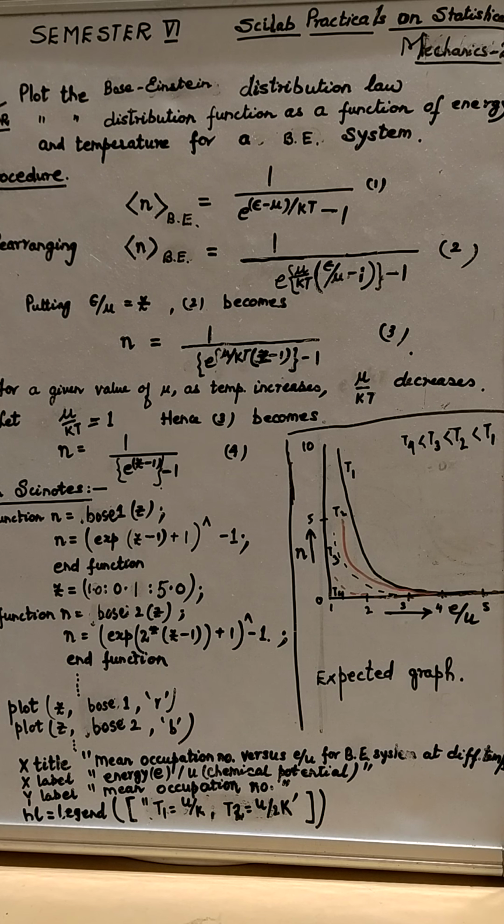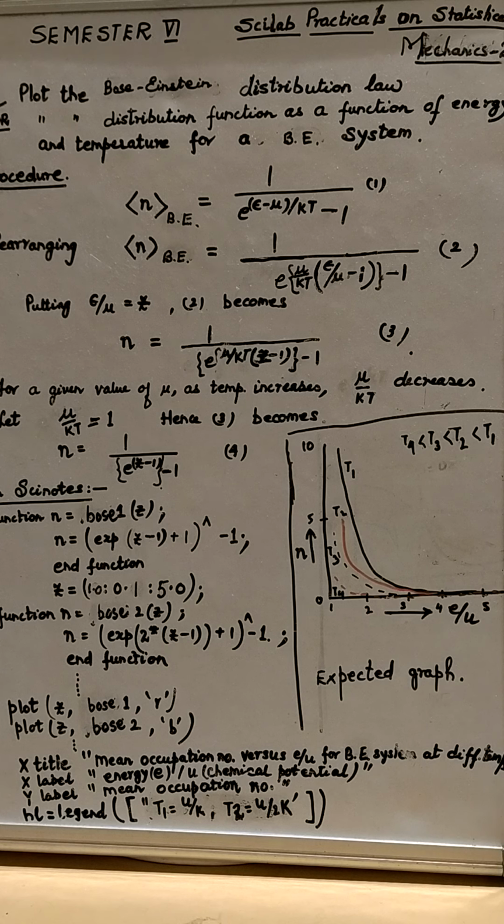Now, as you are aware, a Bose-Einstein system is one which is governed by the Bose-Einstein statistics. The particles which are governed by this type of statistics are called bosons, and to be classified as a boson, you need to have some properties, and the first one of them is that the particle must have an integral spin.